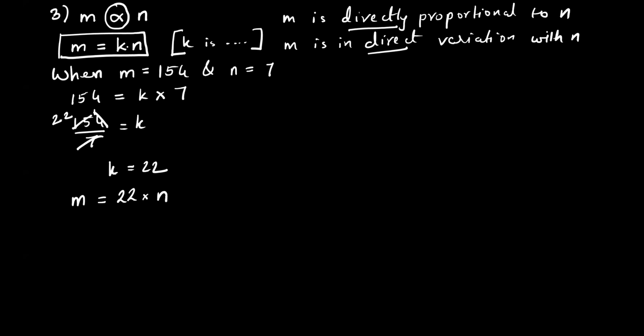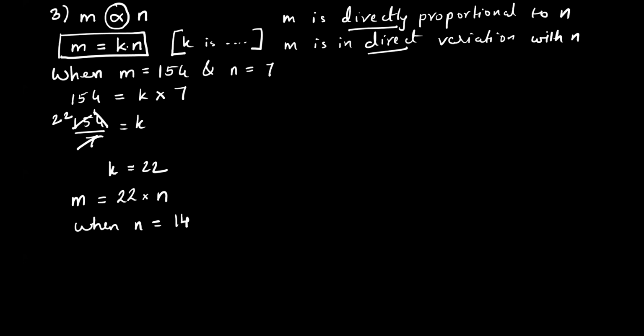Okay. So now we have gotten the equation. Now definitely they'll give us one of the two and ask us to find the other. So they'll either give M and ask us to find N, or they'll give us N and ask us to find M. So what have they done in this sum? They have given us N. So we'll write, when N is equal to 14, let us substitute.